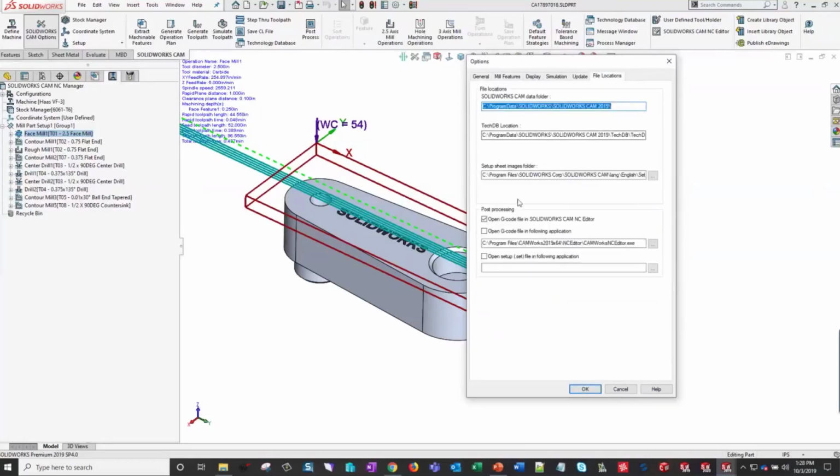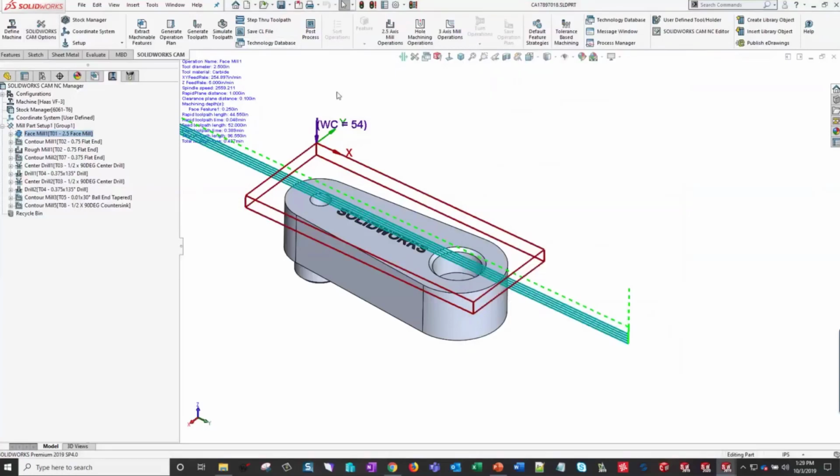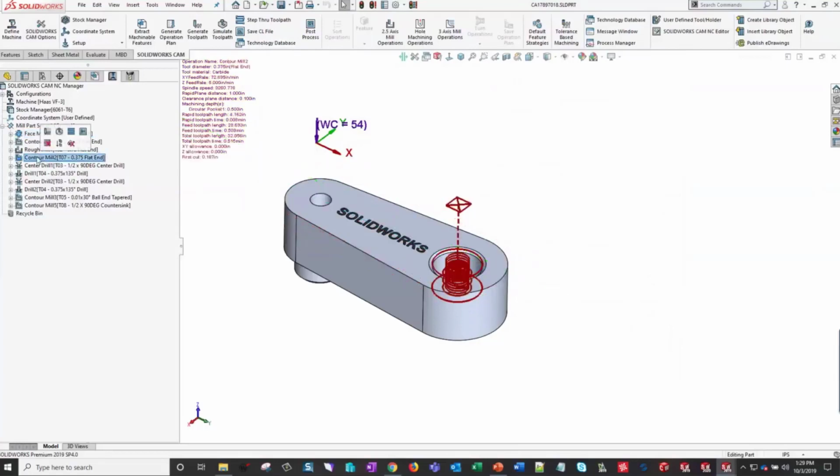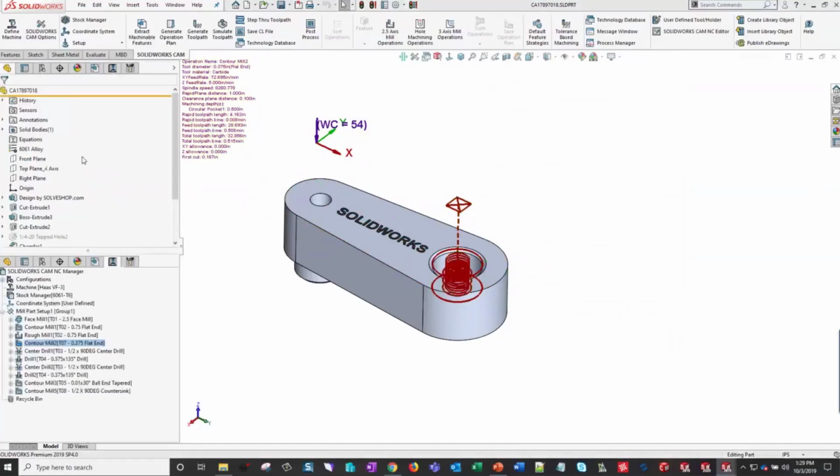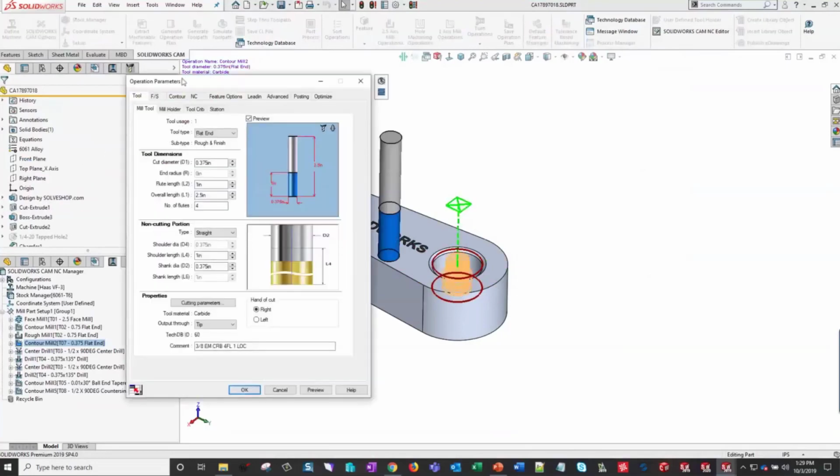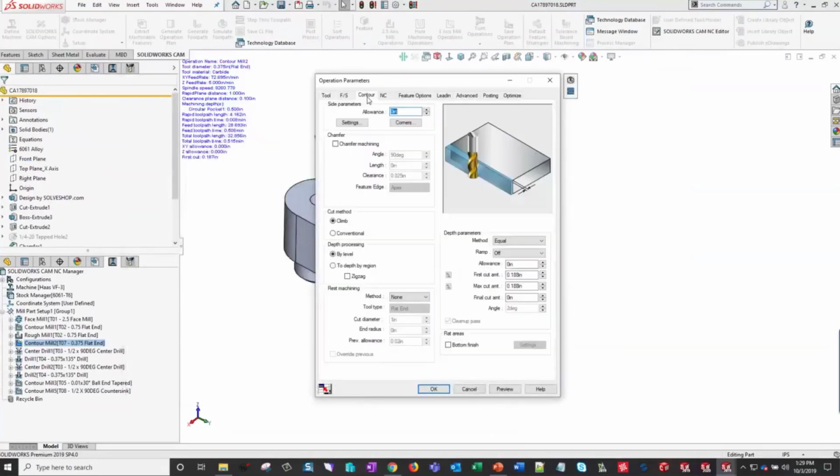And file locations, this is the last one I want to talk about. Remember, this is where I can turn on to open up the G code that you see right there. Okay, let me talk about this real quick. If I go here and edit any one of these, remember I can either left double click or right click on this to edit a feature. Inside here,